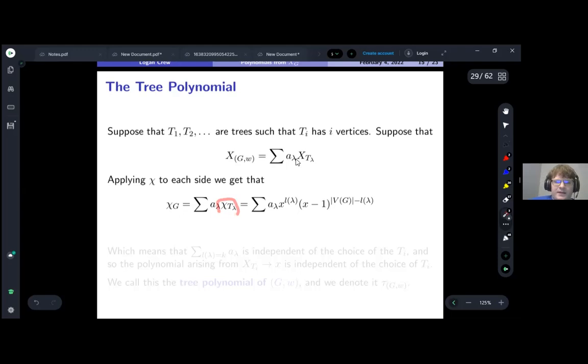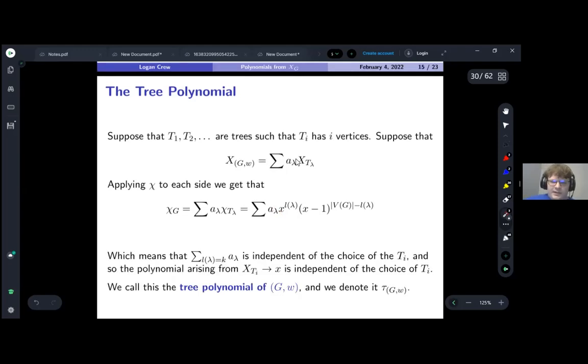Chi of t_lambda: if we have a tree with i vertices, it's going to get chromatic polynomial x times (x minus 1) to the rest of the variables. So if we have a disjoint union of length-of-lambda trees, we're getting x to the length of lambda, times (x minus 1) to the rest. Here is the point where we do require it to have i vertices, not because this equation doesn't work per se, but because we do want to be able to collect them nicely like this. Now, what's the important fact here? The important fact is that if we collect like terms, then the sum of these a_lambdas for a fixed length is going to correspond to this. And it's not hard to check that these are independent as polynomials, as length of lambda varies for a fixed number of vertices. In particular, that means that this a_lambda is independent of the actual choice of the trees,